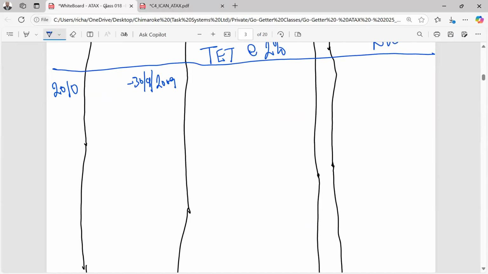So since it is preceding year basis, it's going to be 2009. It's going to end on September 30th. It means that this must have started on October 1, 2008. So in October 1, 2008,